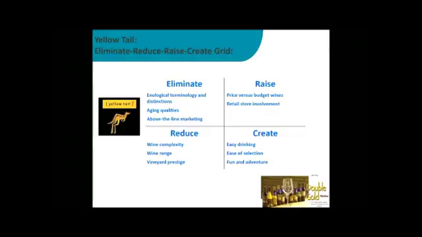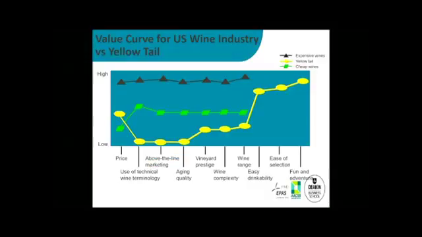You could create some ease as well for the customer and add some excitement and stuff like that, which might be desirable. Okay, so if we look at Yellowtail, we see that compared to the very top wines, they don't do so well in a whole range of categories that you might even expect, even worse than the cheap wines. So you can see the green line's the cheap wines. They don't do well, but for some reason, they are better priced. Why, or as well priced as the cheap wines?